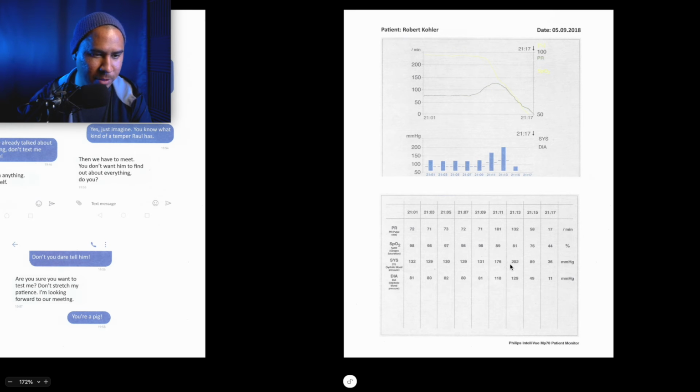Do they have devices on them to read all their vitals or something? It says Philips IntelliVue MP70 patient monitor. Am I supposed to look up what this is? It probably is what I'm thinking, right? The pulse rate at 2117 is 17. That is definitely not